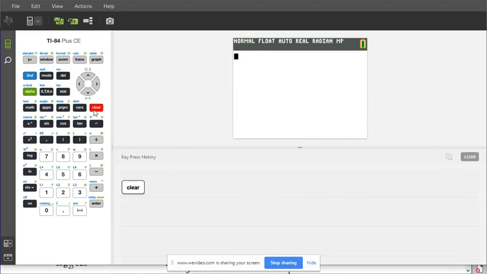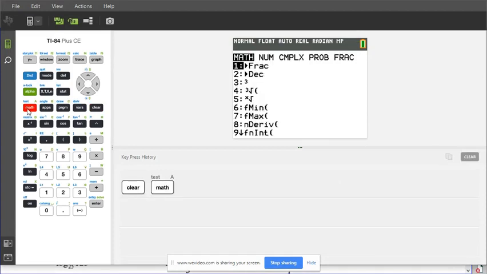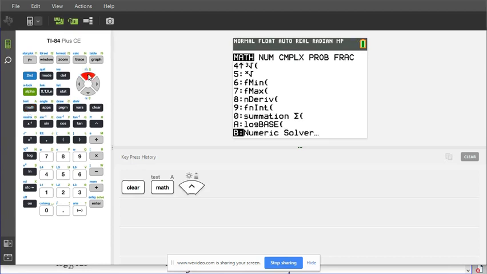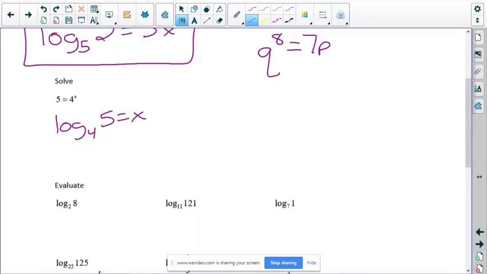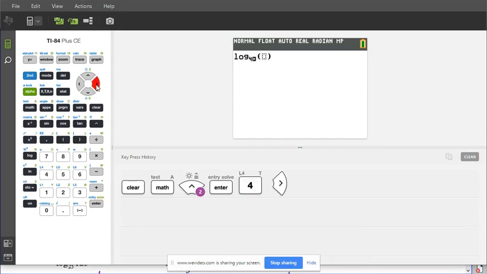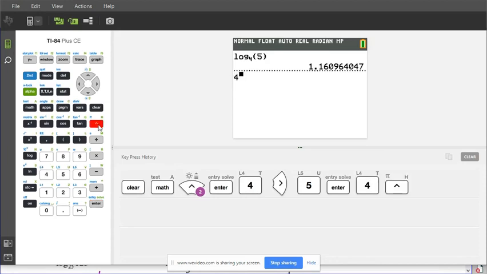So we could go ahead and, in math, most of you will have down here something called log base. And we want to do log base 4 of 5. So we just put 4 here, 5 here. And this gives us an approximation of what exponent we would apply to 4 to become 5. If we do 4 to the power of that last answer,